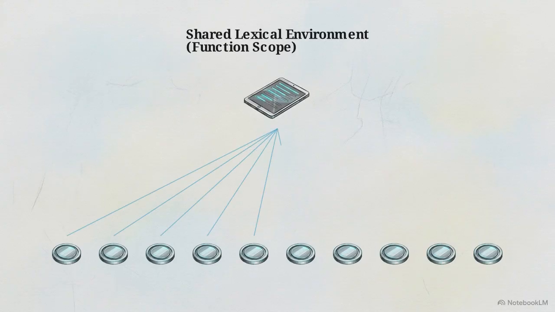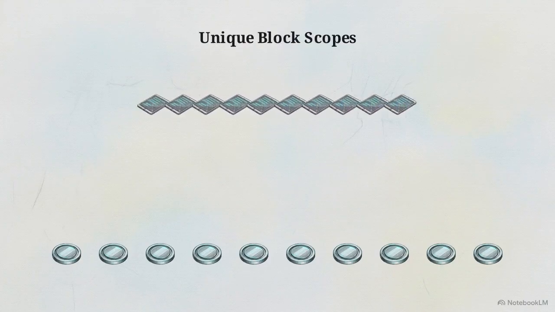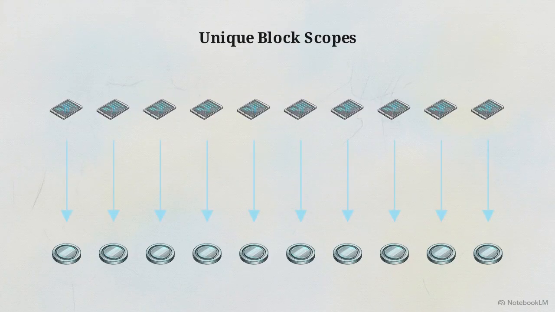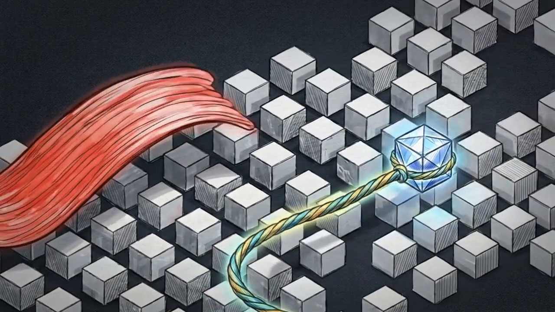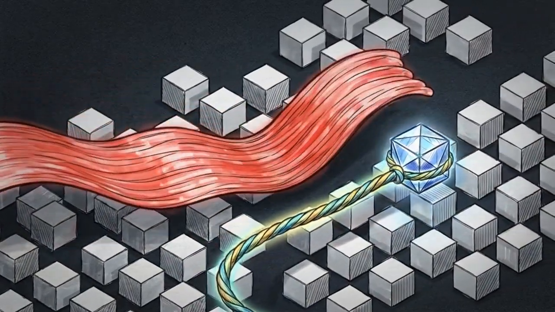Because var is function scoped, every callback shares the exact same lexical environment. By the time the callbacks execute, they all reference the single final mutated state of the variable. Replacing var with let forces the engine to generate a unique, isolated block scope for every iteration of the loop, providing each callback with its own independent variable reference. Closures emerge when the engine's garbage collector is forced to respect an active lexical reference, preserving a data path that